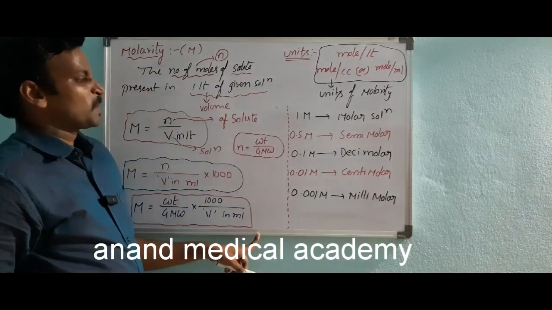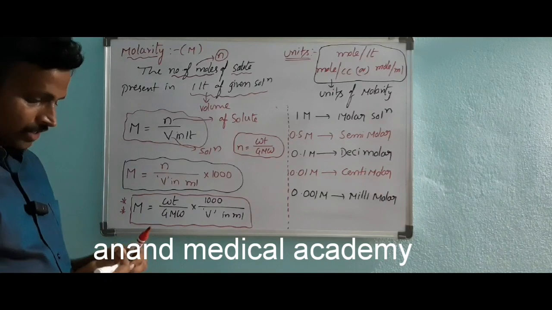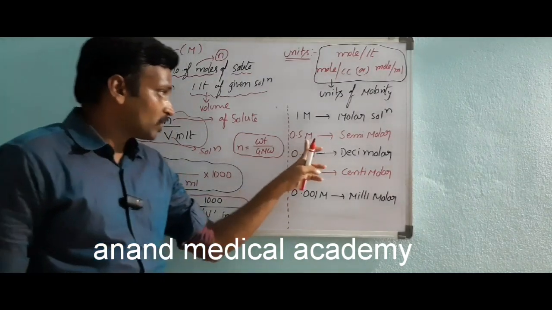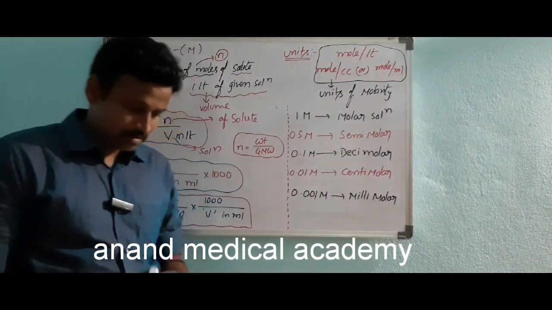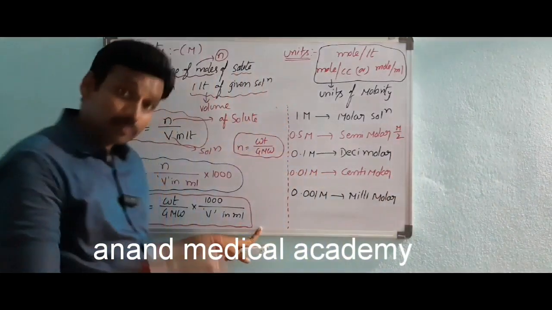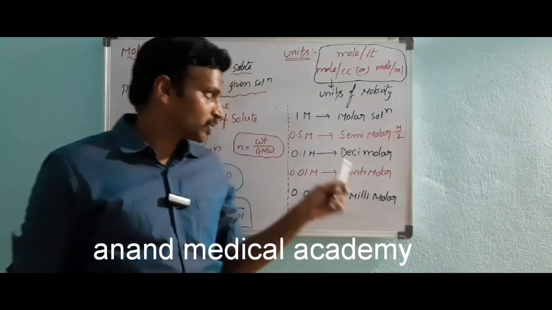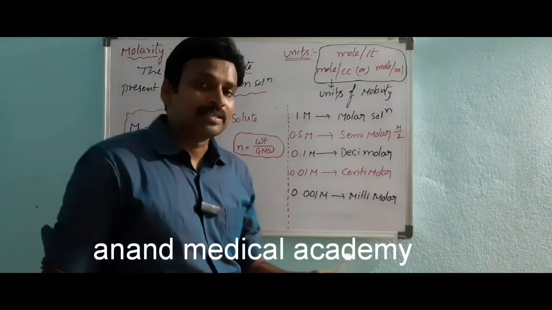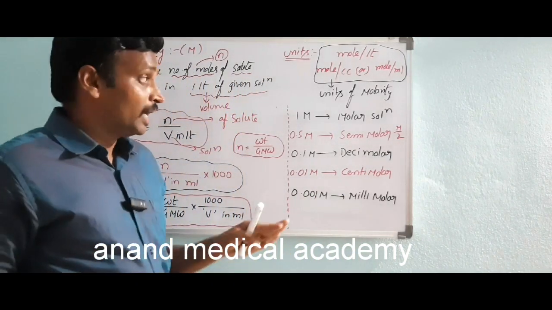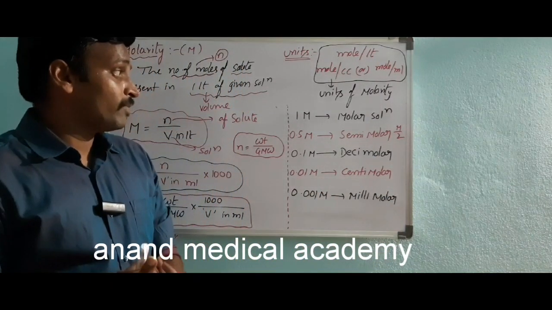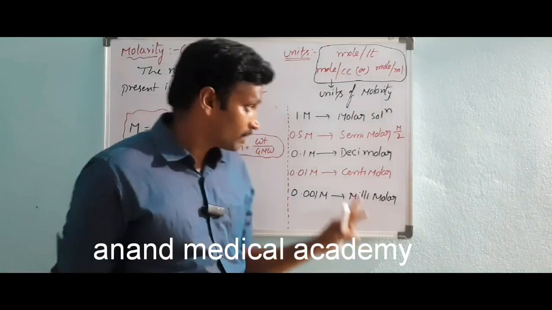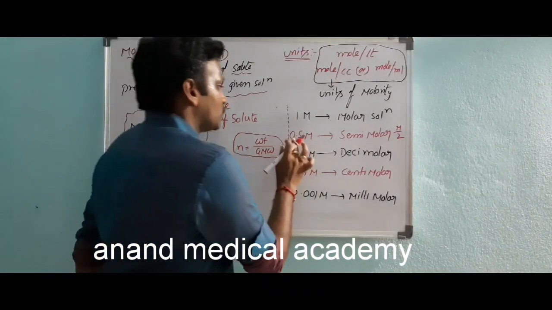So we have different concentration labelings like this. 1 M means molar solution. 0.5 M is the semi-molar. The semi-molar you can write as M by 2. They'll give like that, M by 2 concentration of sodium hydroxide. It means the given concentration is semi-molar, 0.5, we have to consider. M by 2 means, don't think the M value is not given. No. M by 2 means 1 by 2 is the concentration. Understood? 1 by 2 means how much? 0.5. 0.5 M is the semi-molar concentration.